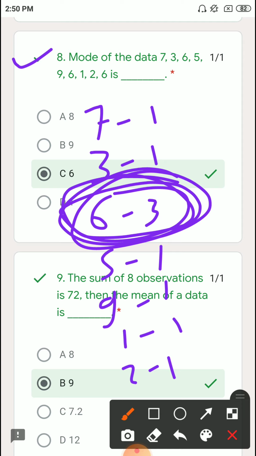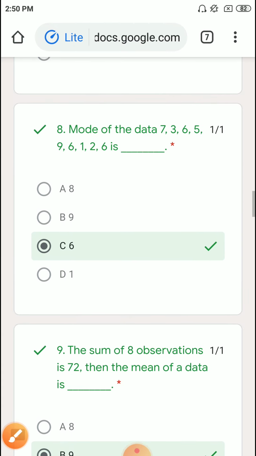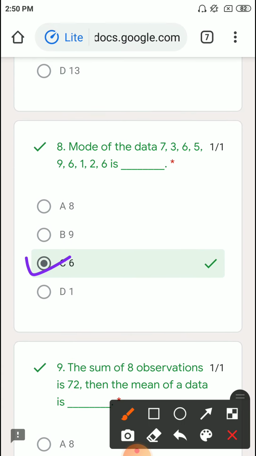Most common representative value, that means which number repeats the highest number of times here. So it is the 6, right? Total 3 times we have 6. So the answer of mode is 6. Okay, mode is very easy because here we do not need to apply any formula. Directly from the observation, we can say the answer of the mode. Okay, highest representative value.